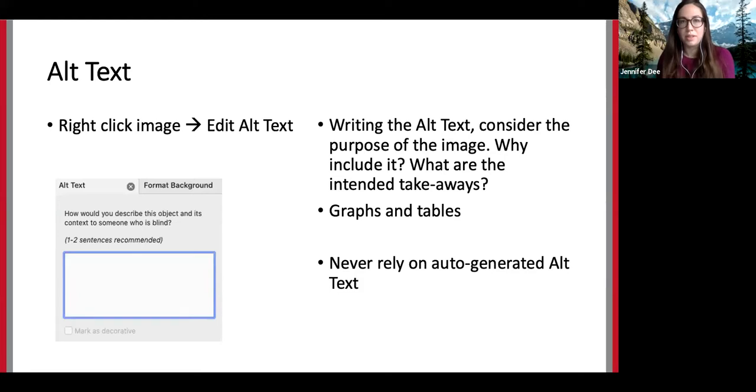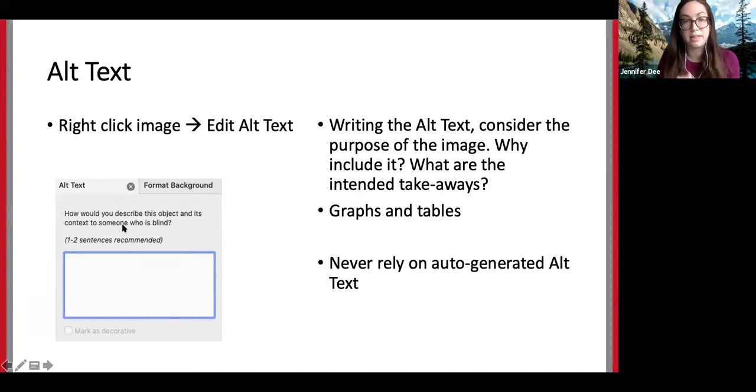So to get a little more specific with the alt text, just to quickly go over how, there's a couple different ways to get to doing the alt text, but if you have an image and you right click it, usually you'll see this menu and you can find edit alt text. Then you'll get a box that will look something like this image I've included here, where we have the header alt text and the question, how would you describe this object and its context to someone who is blind?